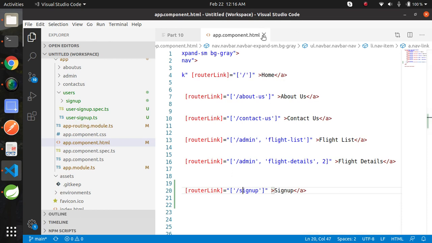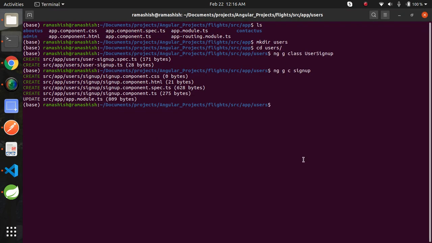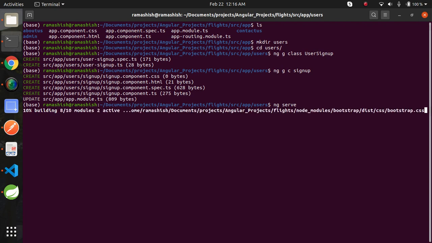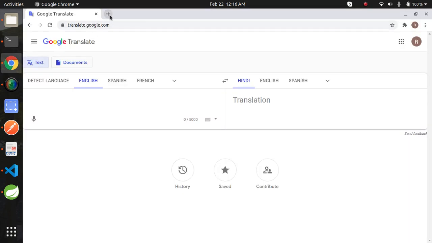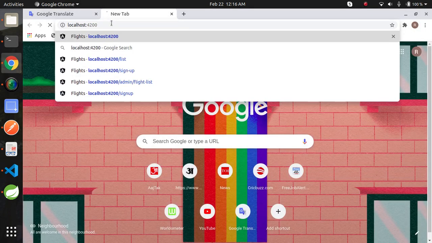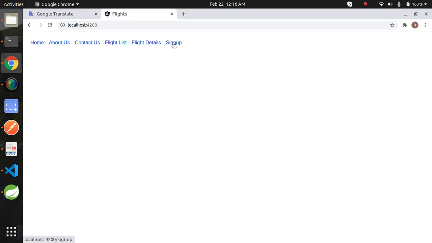Save this file, go to your terminal, execute the application. Go to your browser, on the sign up menu we are getting the sign up box.